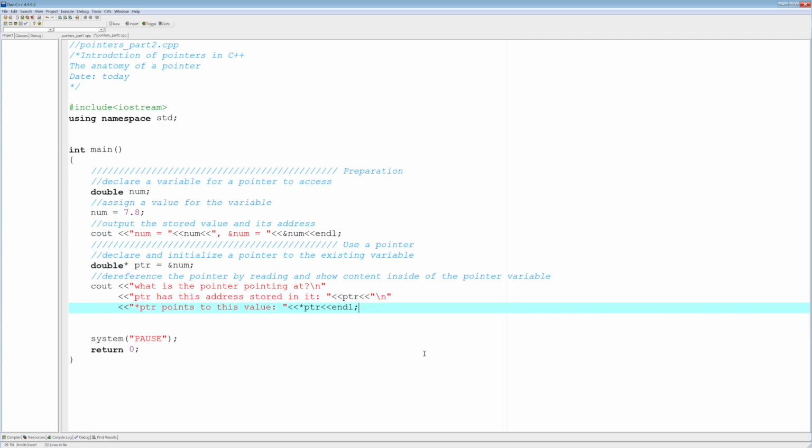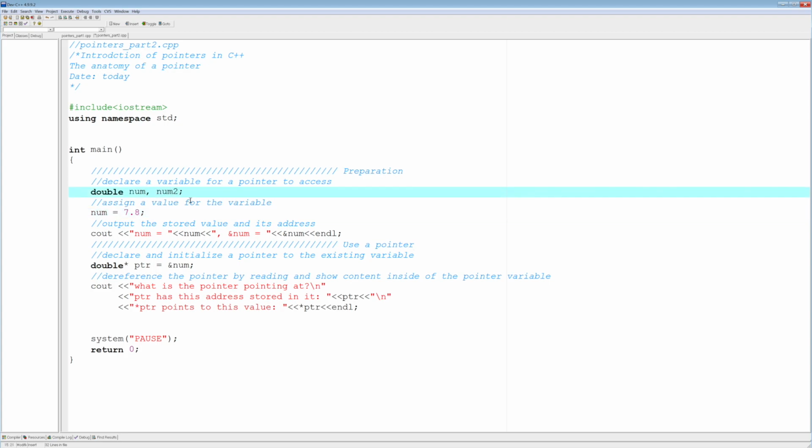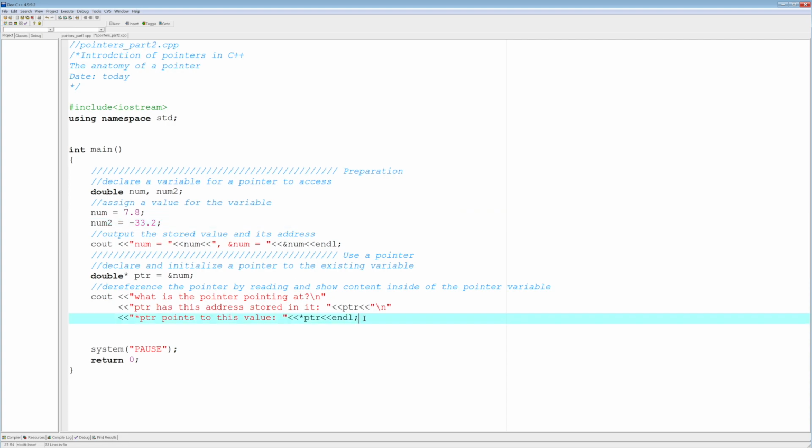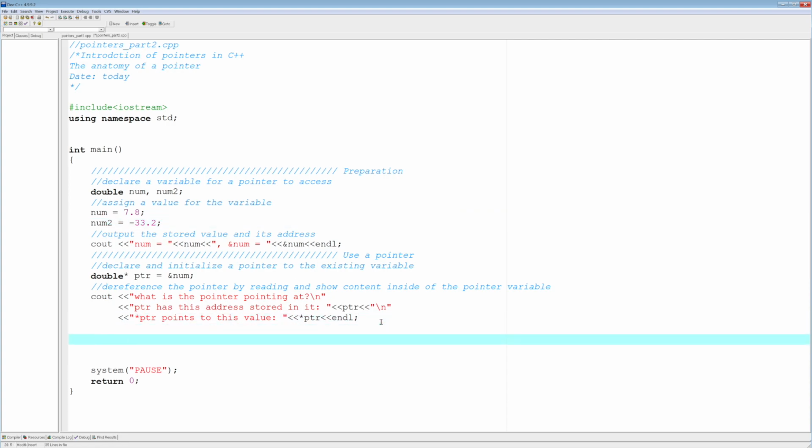Now, can we reassign a pointer to something else? Absolutely. Watch this. I'm going to go back here. I'm going to declare another variable, num2. Okay? And I'm going to assign num2 another value. So minus 33.2. How's that? Okay. Now, what I'm going to do here is reassign